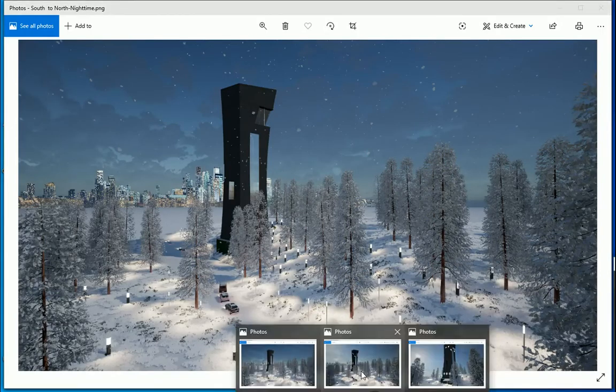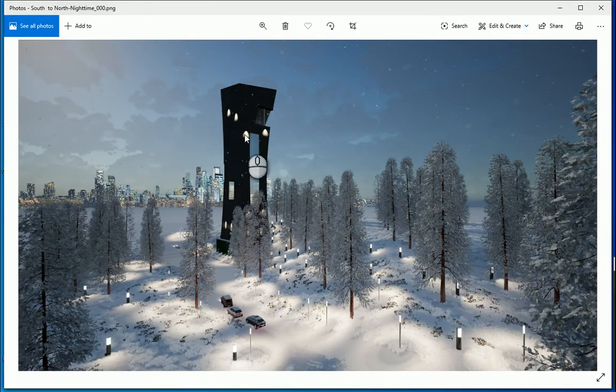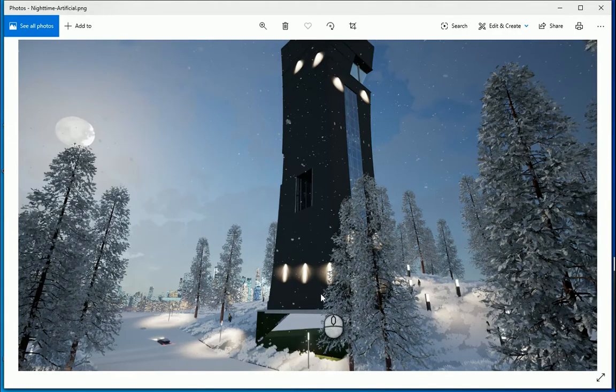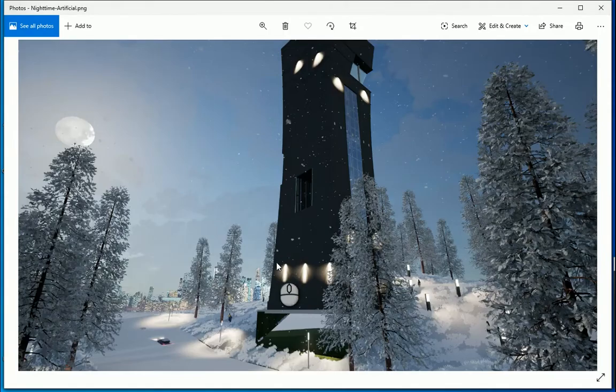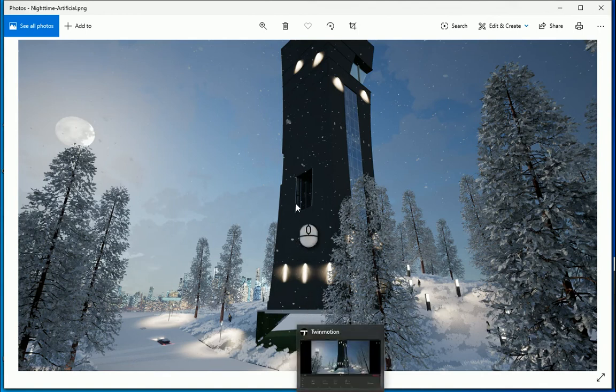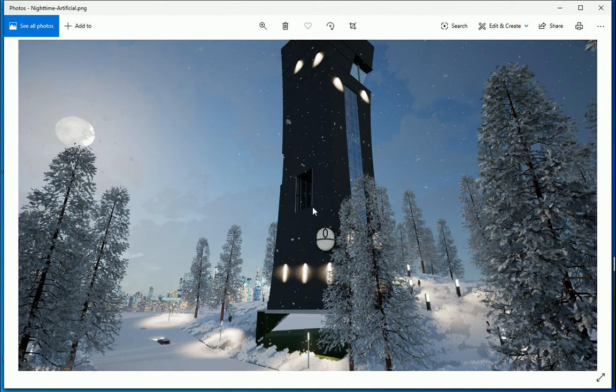This is the first image. This is the same view with some artificial lights, and this is the last one. It's not very good still, so what I want to do is reduce the intensity of the lamps over there and see if I can change the radius to cover more parts of the wall. Maybe I could also put some artificial lights inside the building right behind that window.